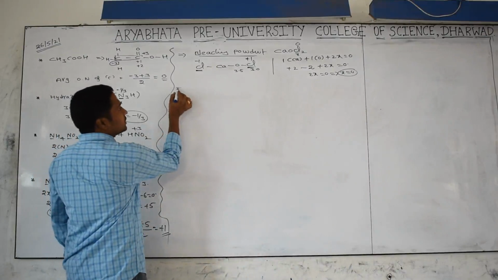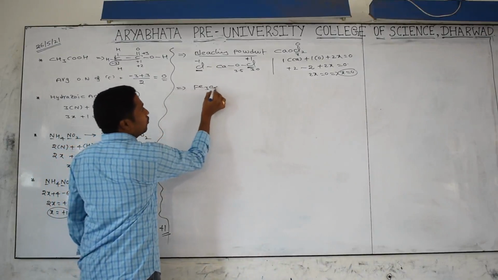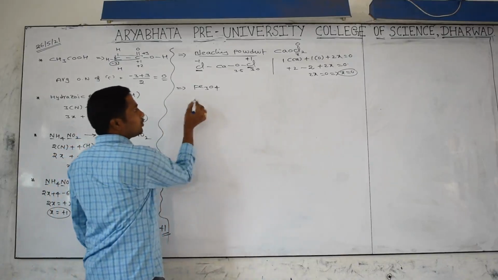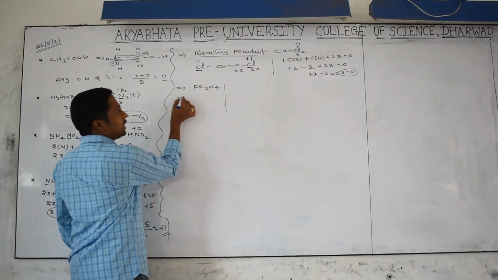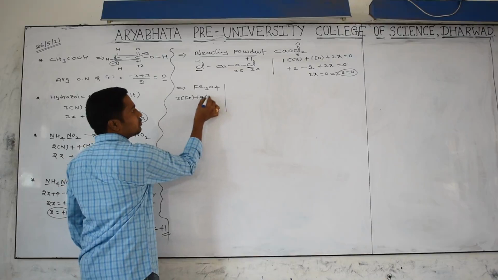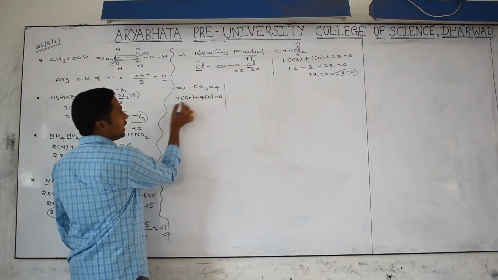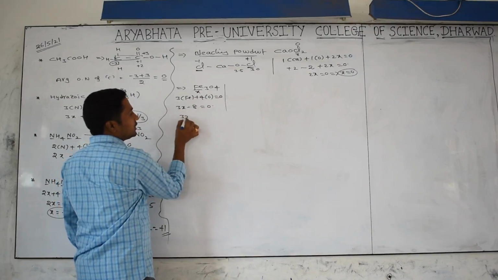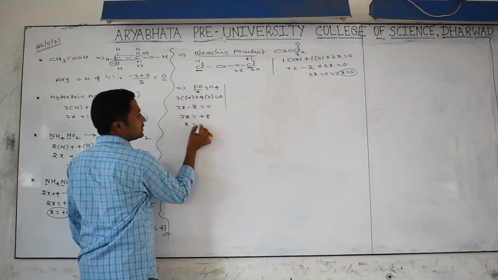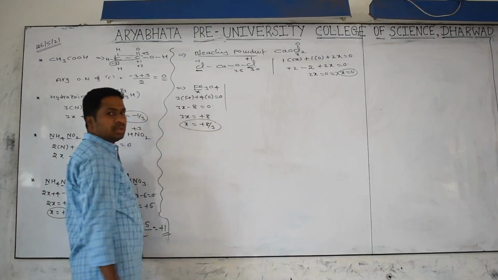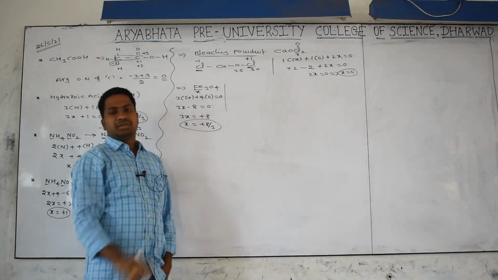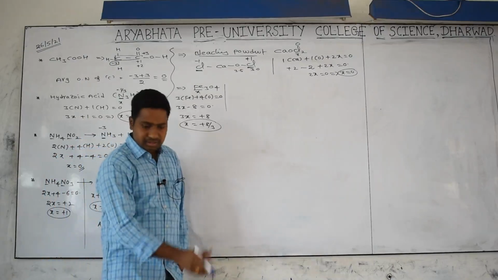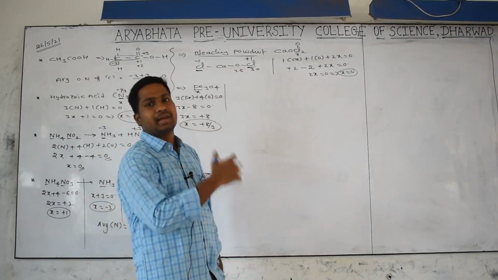I will tell you some other things. Fe3O4 is nothing but magnetite. I want to find out the average oxidation number. 3 irons plus 4 oxygens is equal to 0. I want to find out x. 3x minus 8 is equal to 0, then 3x is equal to plus 8, then x is equal to plus 8 by 3. The charge in an oxidation number is so meaningful, because plus means losing of electron, minus means gaining of electron. So while involving in stability or in chemical action, whether losing or gaining, we have to come to know.